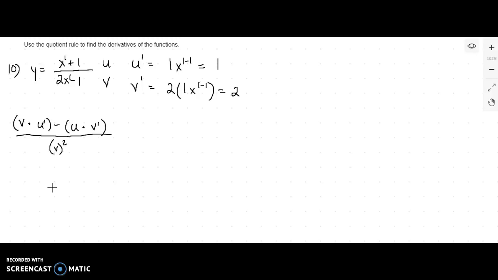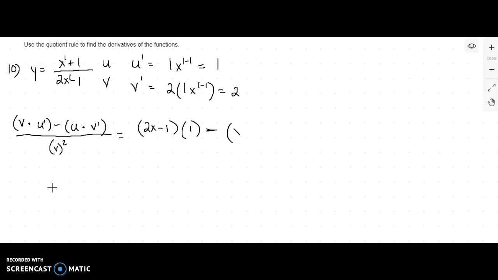Okay, so both of our derivatives here came out to constants. The derivative of u is 1, and the derivative of v is 2. So let's go ahead and plug in our values here. So we have v, which is 2x minus 1, and we're going to multiply that by 1, which is the derivative of u, and we're going to subtract from that